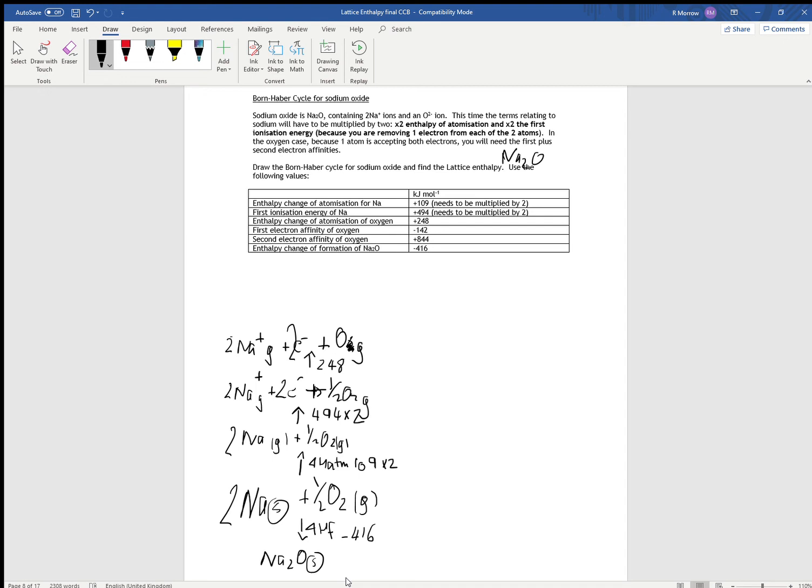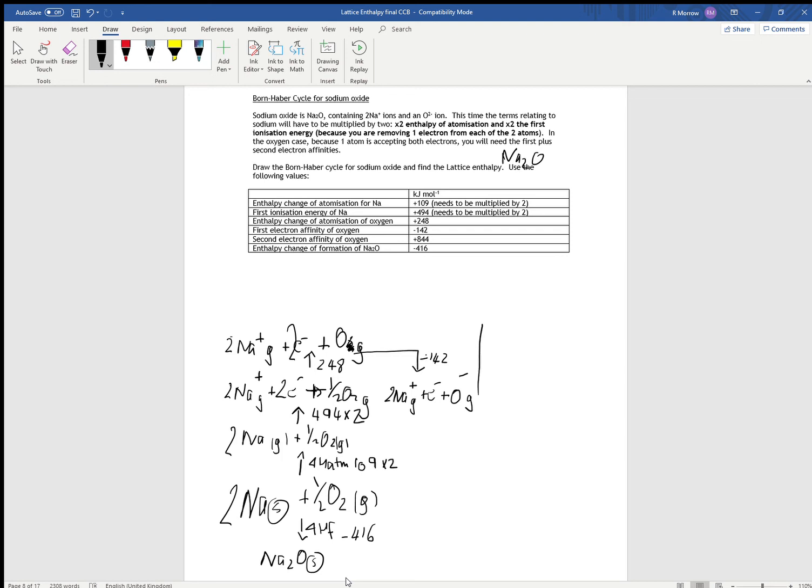We need to just now start to do the electron affinity of that. So remember, first electron affinity is exothermic, so we're popping back down again. Alright, and that brings us to 2 sodium gas, plus we're only going to have 1 electron now, because remember we're going through the process of making oxygen ions, and they'll be 2 negative, but at the minute we're just at the 1 negative stage, so that's the first electron affinity of oxygen, which is minus